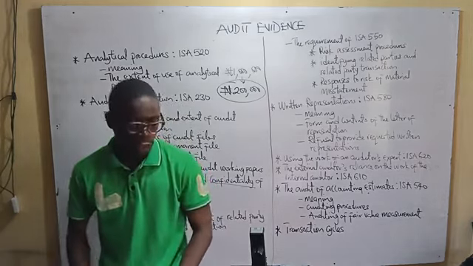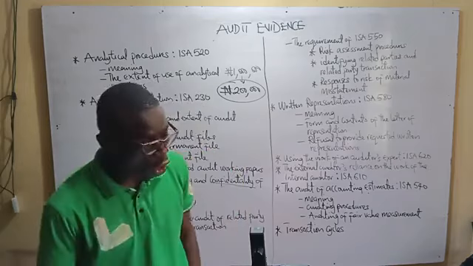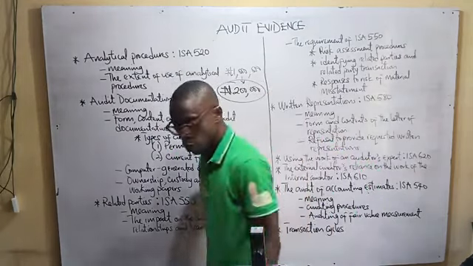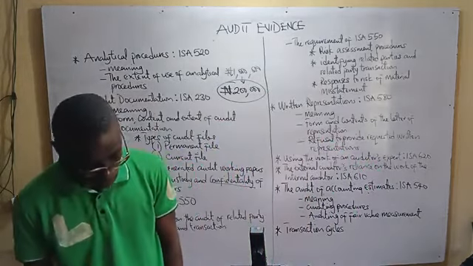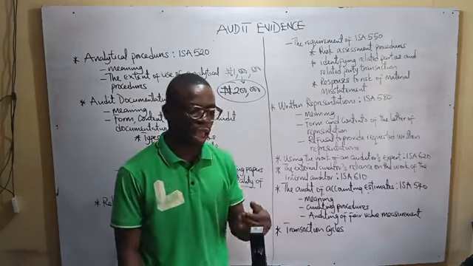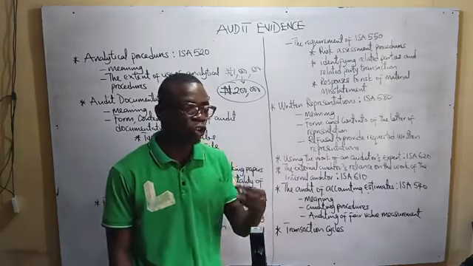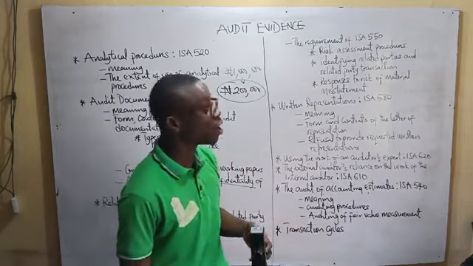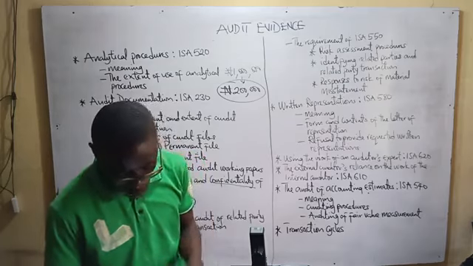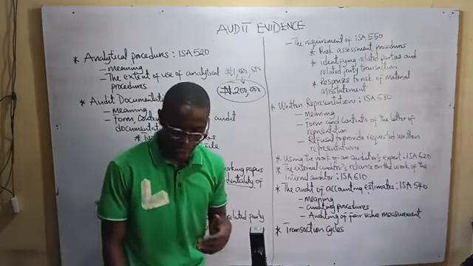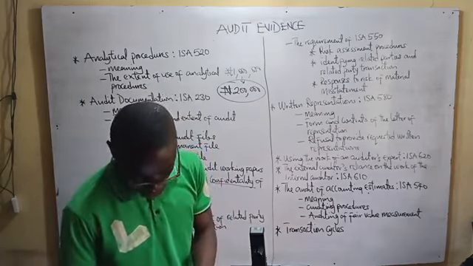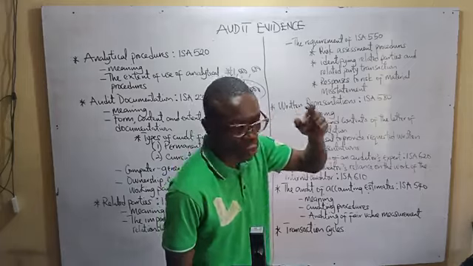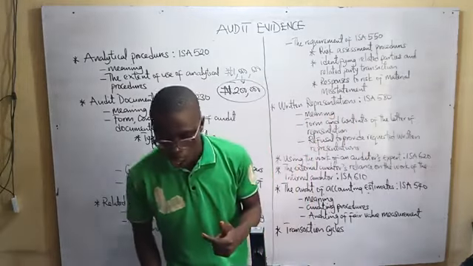Now, one of the ways is that the auditor can carry out what we call a test of completeness. A test of completeness will enable the auditor to identify all the related parties and all the related party transactions. And how will you carry out this test of completeness? The auditor will need to review the previous